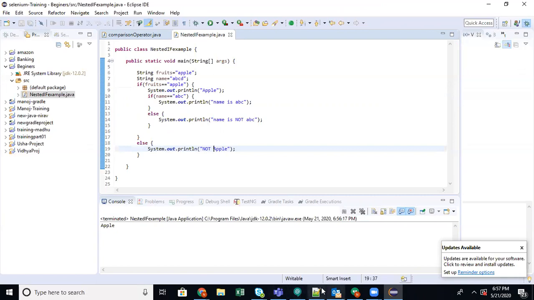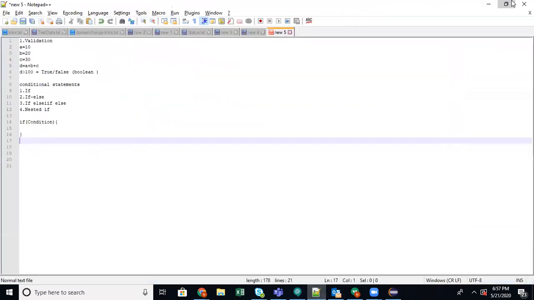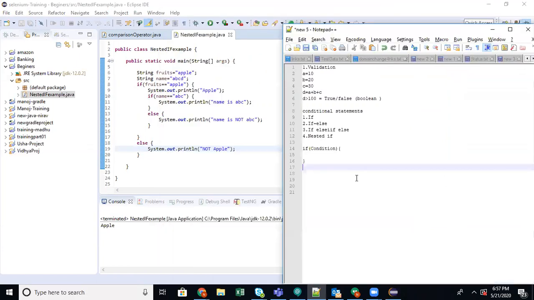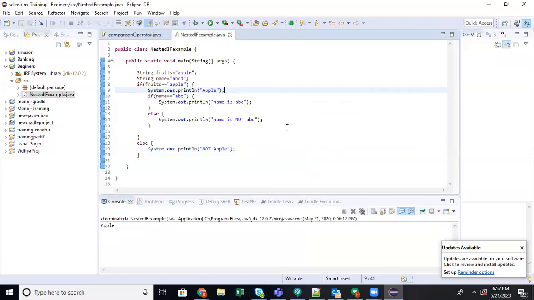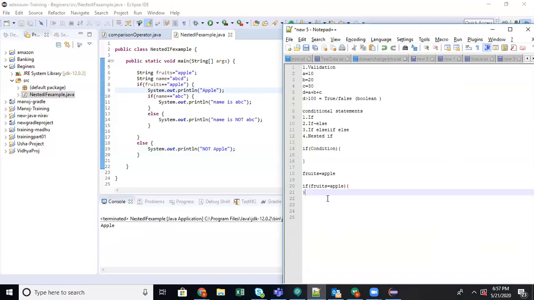So what I am doing is, now let's take a note. What I have written is the input: the fruits variable is holding apple. So if the fruit is holding an apple, then I'm writing name is ABC. I mean, system.out, apple should be printed. Otherwise, suppose the fruit is not holding apple, then I'm printing that it is not apple.